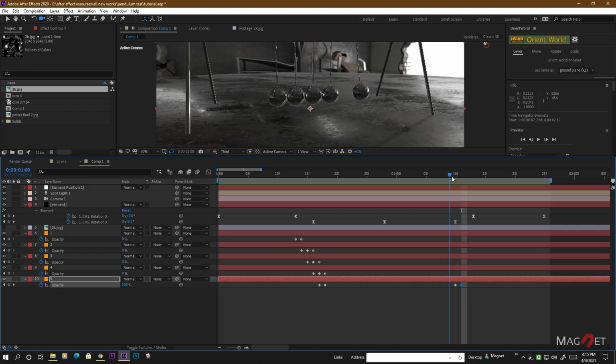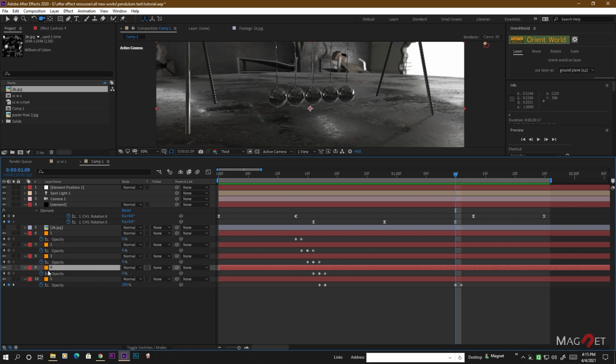So first we select the time when it hits the ball, and this is the fourth ball, that this texture represents this ball. So first we select this texture for this time and make a keyframe here, and then the very next frame just press Page Down and make it again 100%, and then make it 0. Okay, and again do the same for the texture number 3. So just copy this